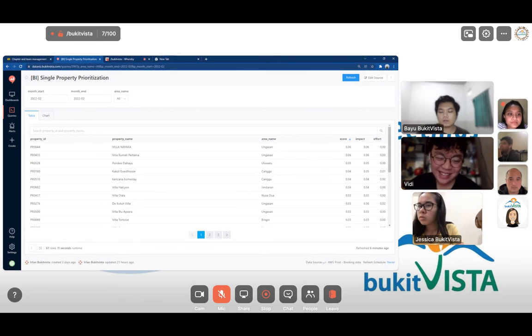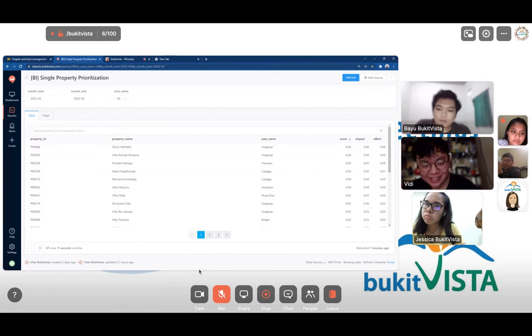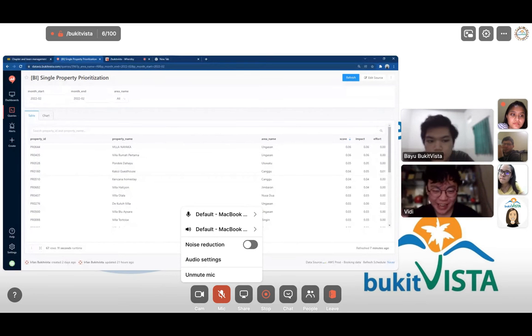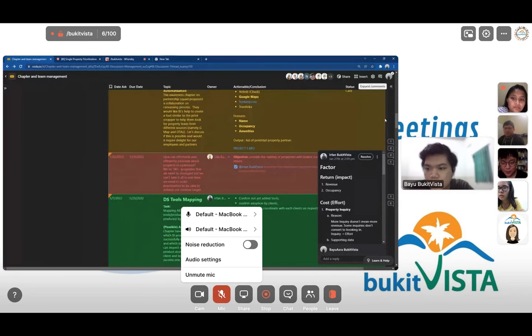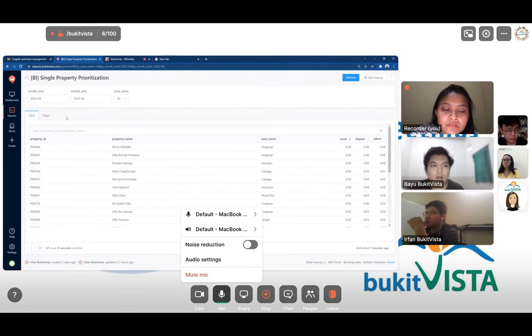Something like that, right? So maybe it can be done outside of the meeting. Revise the method, maybe the framework or something like that, on how to evaluate potential properties. The root issue is that the source in which we evaluate itself is not... That still doesn't make sense. Yeah. Okay. Irfan, I guess that would be the actionable for this topic.